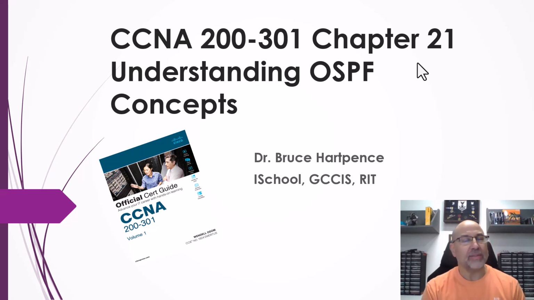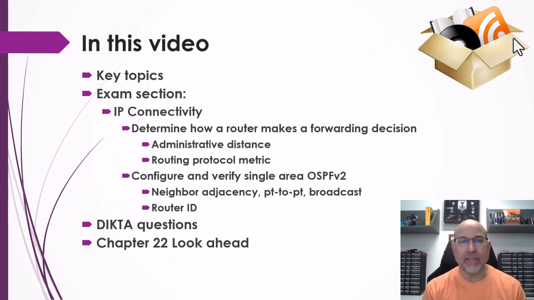With that being said, off to the OSPF concepts. So in this video, we'll take a quick look at the key topics we'll be covering. The exam section for this particular chapter is IP connectivity, but down in there, of course, we're really talking about what routers do. And so we're going to determine how routers make a forwarding decision. In this case, it's not default routes or static routes, but we have a routing protocol that we're about to deploy. So that means including things like administrative distance, routing protocol metrics, and then, of course, we're going to do